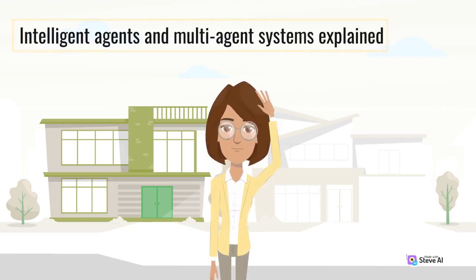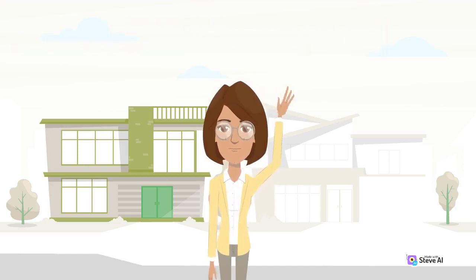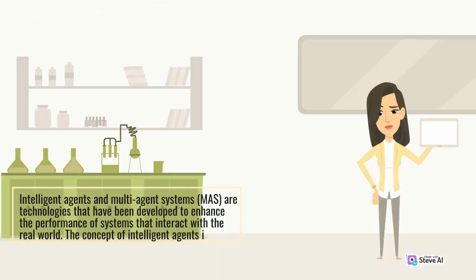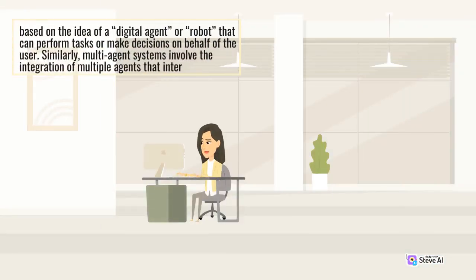Intelligent agents and multi-agent systems explained. Intelligent agents and multi-agent systems, MAS, are technologies that have been developed to enhance the performance of systems that interact with the real world. The concept of intelligent agents is based on the idea of a digital agent or robot that can perform tasks or make decisions on behalf of the user. Similarly, multi-agent systems involve the integration of multiple agents that